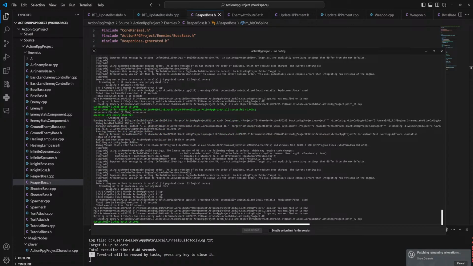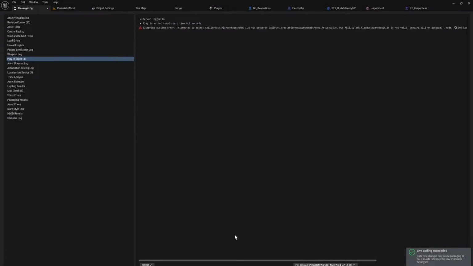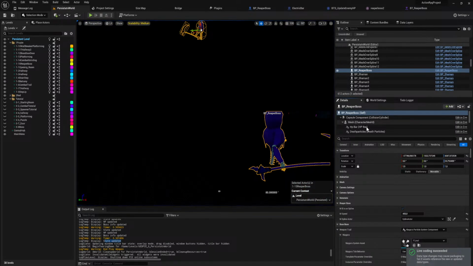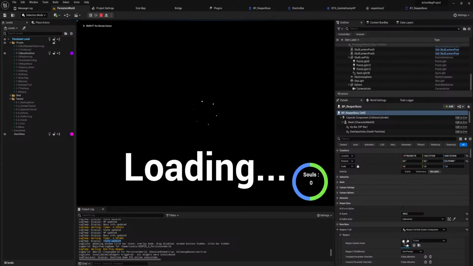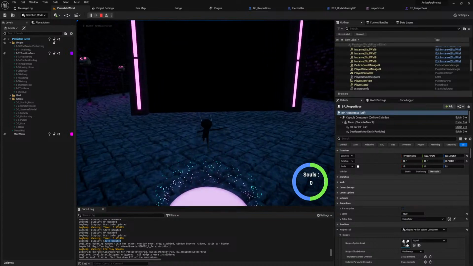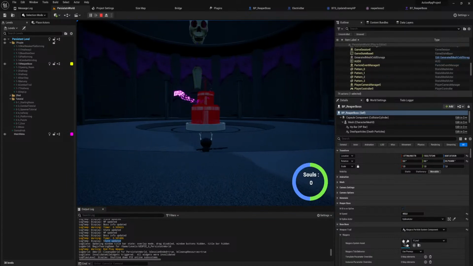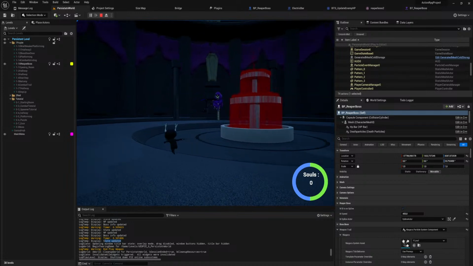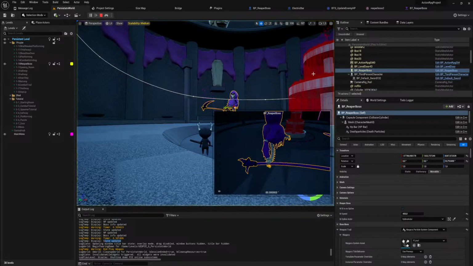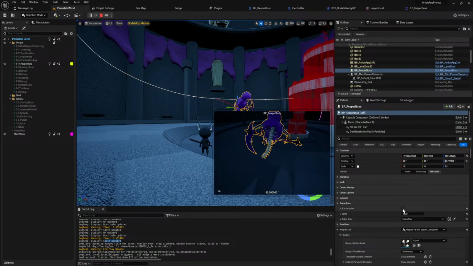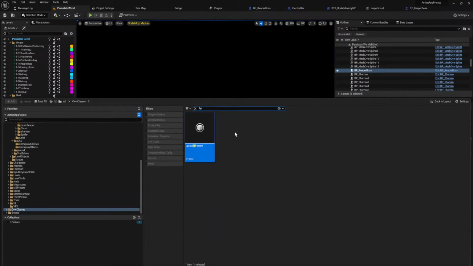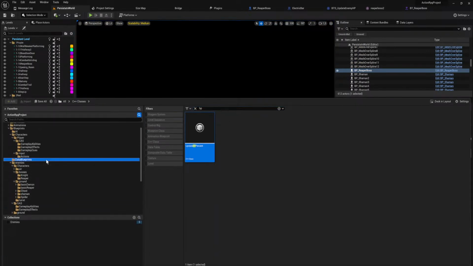Might be being done in the animation? Couldn't tell you. Okay, so B is on spline is true because this guy's unloaded at the moment, so obviously. No, B on spline is still true. Just to make sure that we are looking at the right instance, because he did just get unloaded and reloaded. No, it's false. Okay. Now we have to figure out why this is being set to false. Because why would it be?